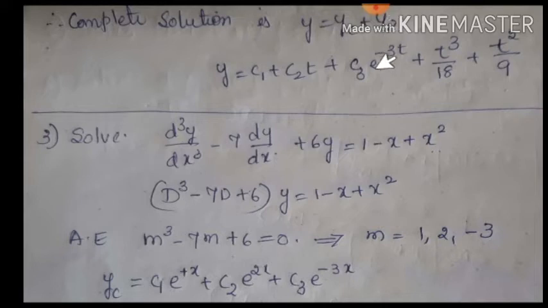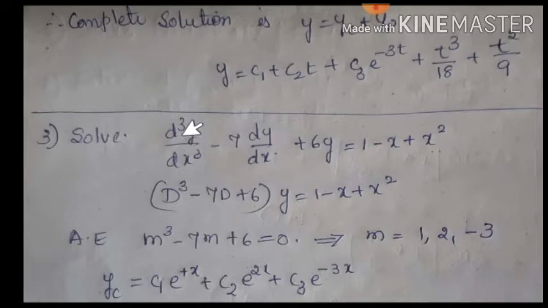Now coming to the next problem. A cubic equation is given, based on polynomial in x. We decided it is of type 3. Write the differential equation using the differential operator. Then write the auxiliary equation and, using a calculator, directly calculate the 3 roots. You are getting them as 1, 2, minus 3. All the 3 roots are real and distinct. So c1 e to the power of x, c2 e to the power of 2x plus c3 e to the power of minus 3x. This is finding yc.